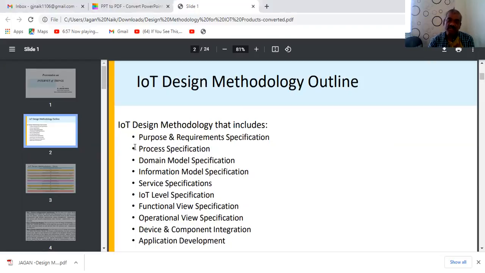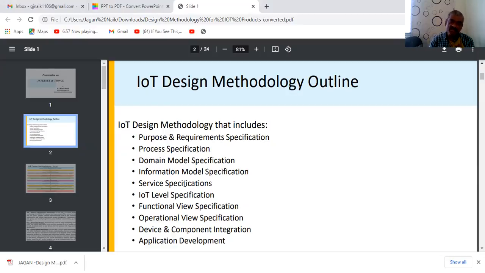So the first one is called purpose and requirement specifications, which we need to discuss. Then coming to the process specifications and domain model specifications, information model specification, service specifications, IoT level specification, functional specifications, operational view specifications, device and component integration, and the application development.